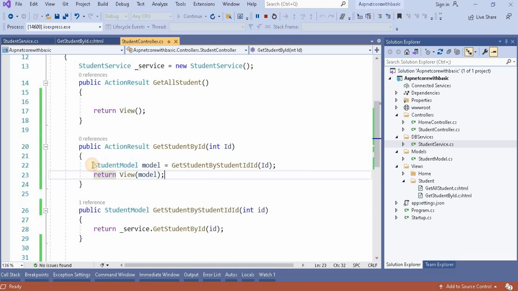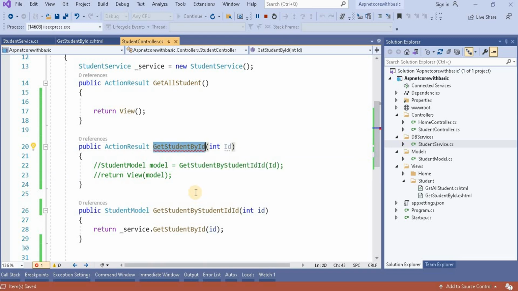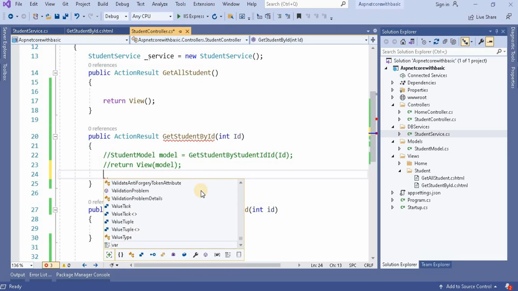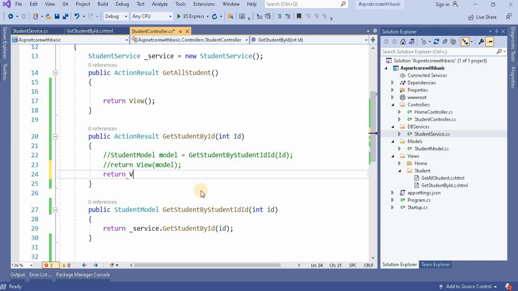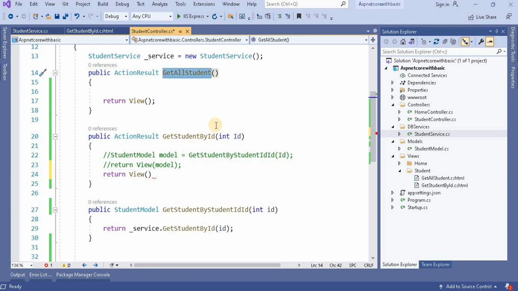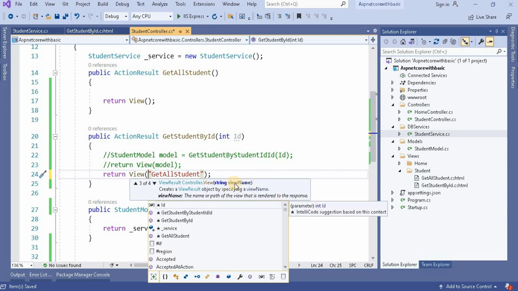For example, let's comment this line, and now from here I'm going to call this view. Let's close this one first, and I'm going to write return View, and I'm passing this view name. Now if you see here, what we are doing is passing that particular view name.